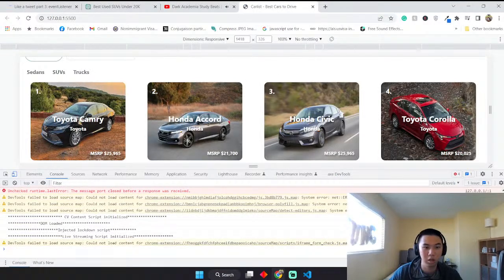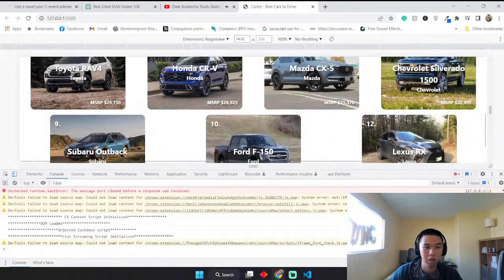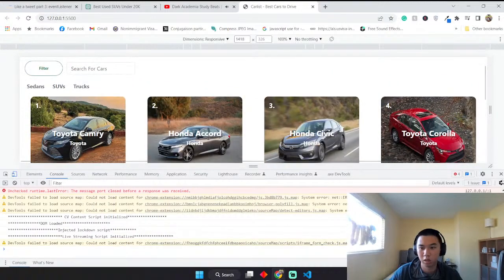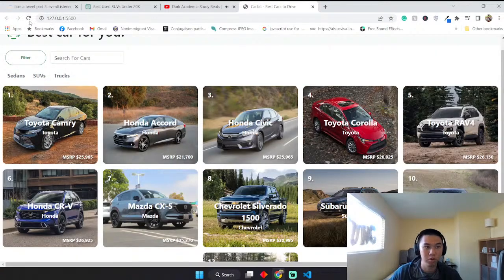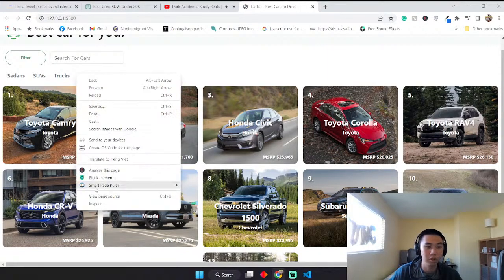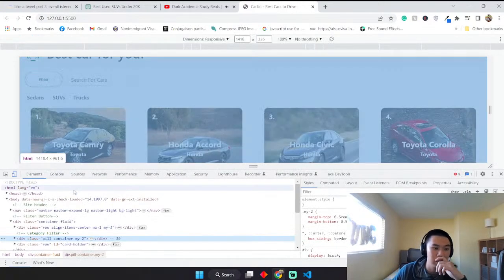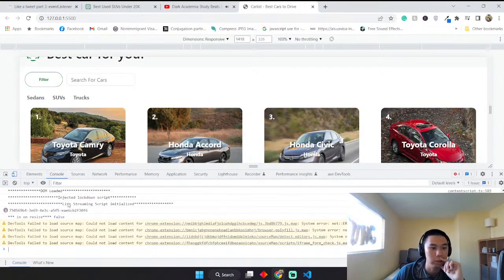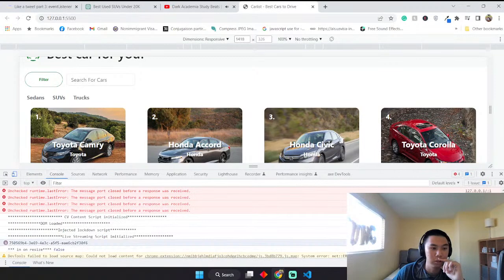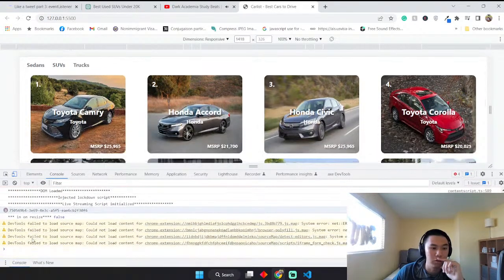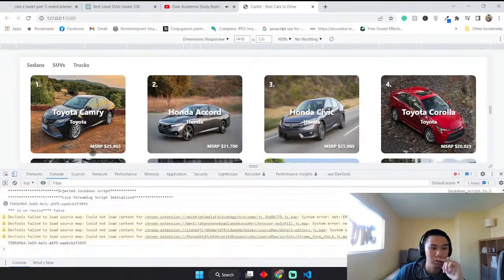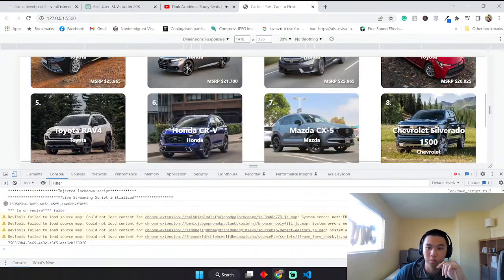Doesn't work. Oh, this works. So when we hover, mouse enters. We do mouse enter on the first one, this works. But then the rest,